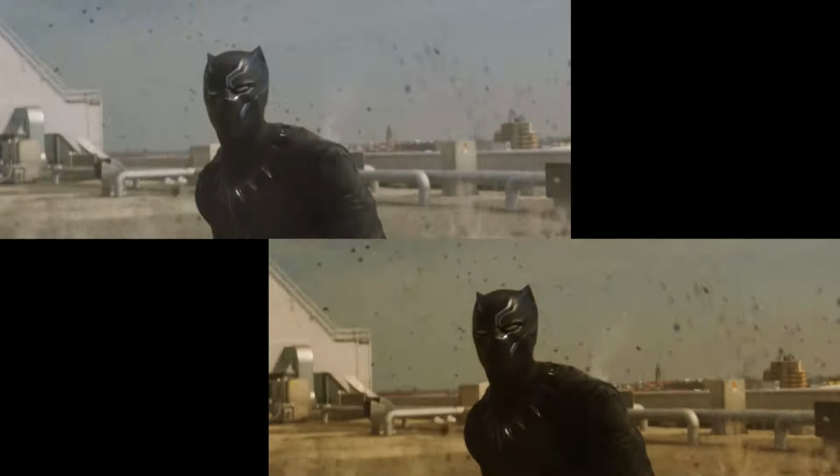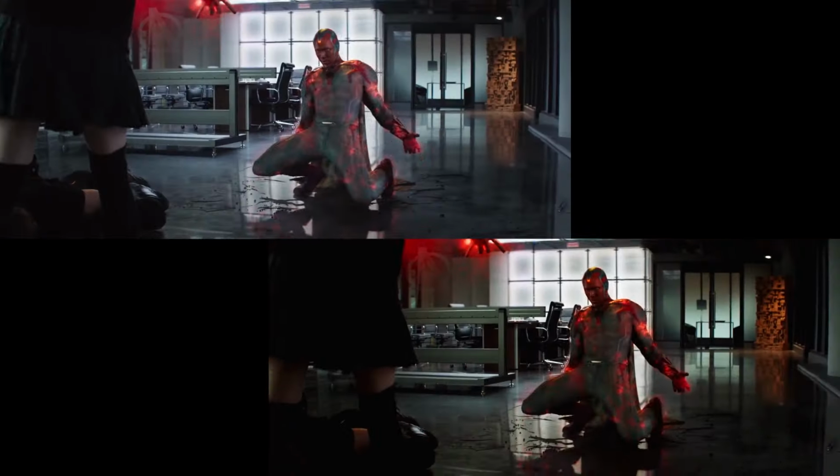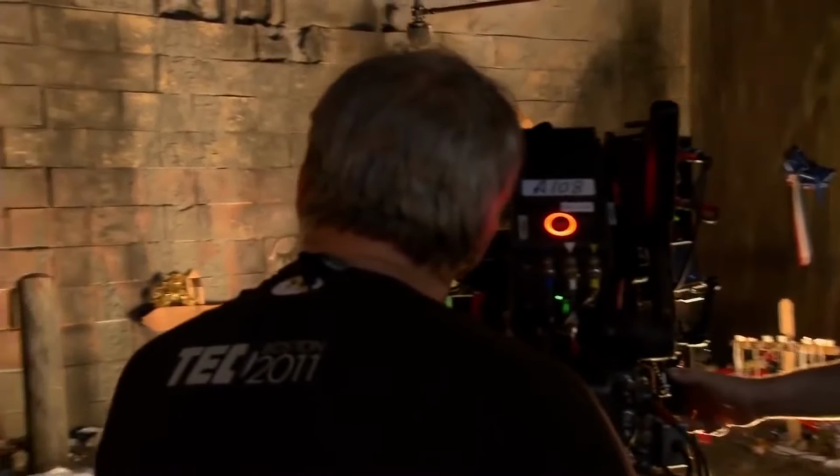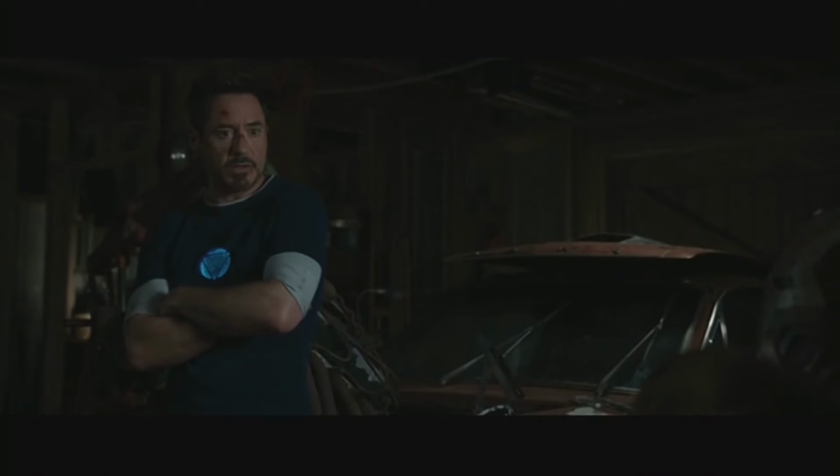Let's do the same thing for Civil War, a movie I love despite the fact that it looks like an empty parking lot. These adjustments obviously help more on scenes shot at night or inside instead of in the middle of a sunny day, but there's still a noticeable improvement. It's a bummer because Marvel hires some really good cinematographers and then does their work a disservice with how they